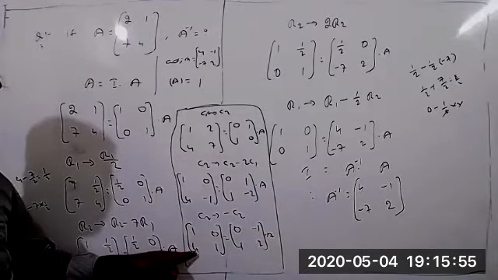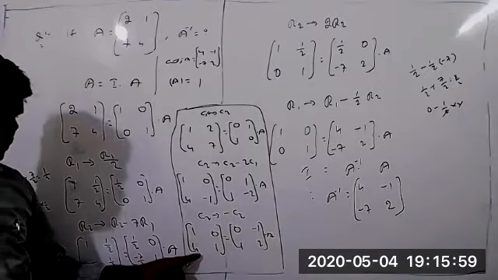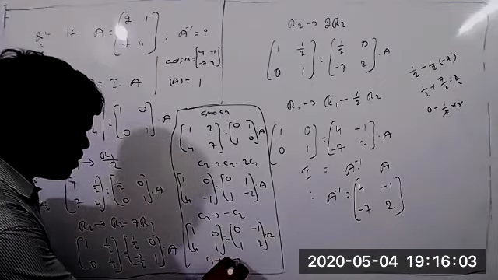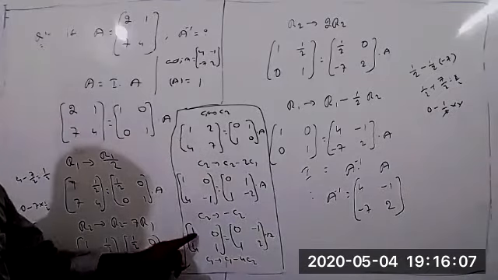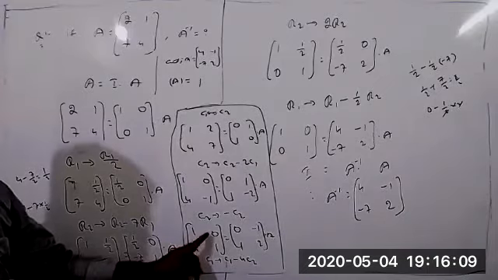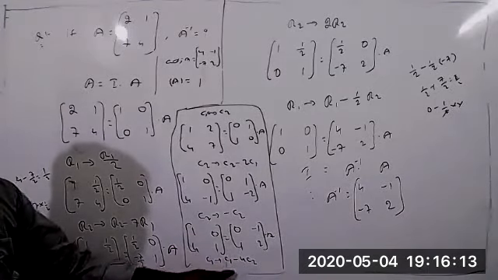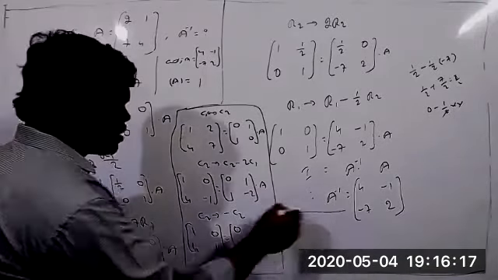That means in place of 4 now we have to get 0. Then how to get 0? C1 such that C1 minus 4 into C2 you can take. So 1 minus 4 into 0 equal to 0 only. 1 minus 0 equal to we will get 1. But 4 minus 4 into 1, 4 minus 4 equal to 0. So directly we got the answer now.